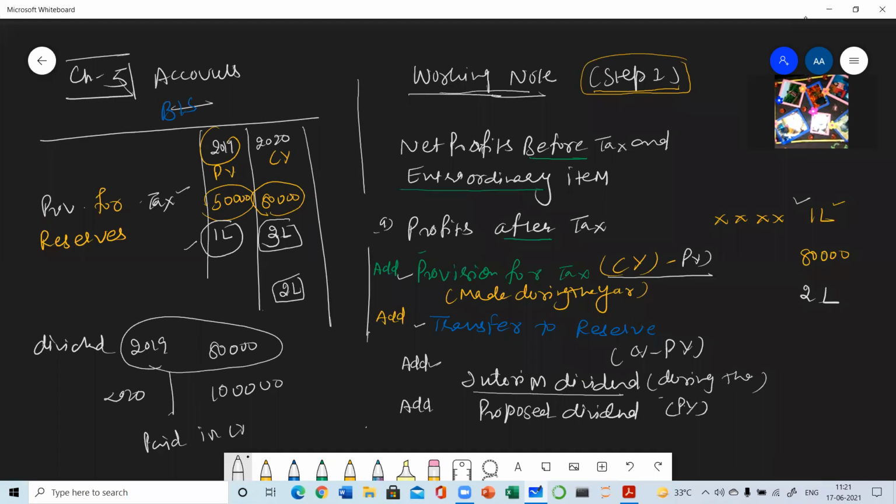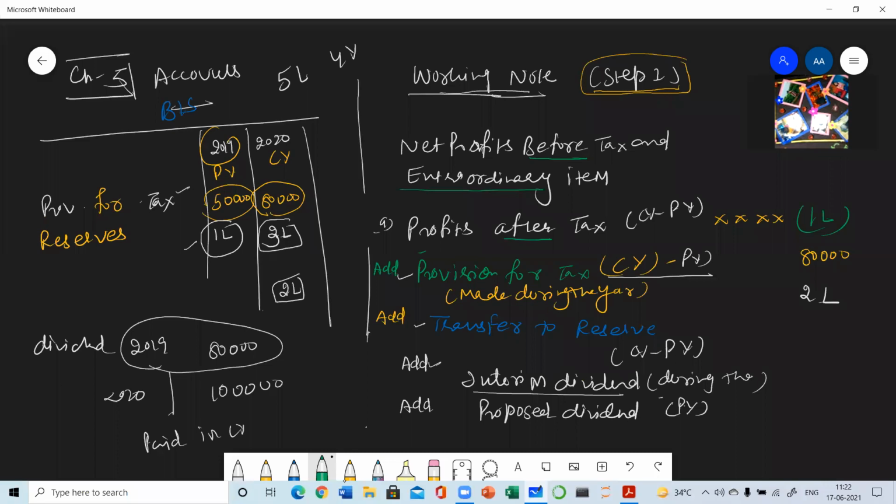Clear? So first item, profits after taxes. What is this? Current year minus previous year. This figure may be positive or may be negative. If this figure comes in negative form, it means the previous year profits were 5 lakh and the current year profits are 4 lakh. So if we subtract 5 lakh from 4 lakh, then 1 lakh will be negative. Negative means losses. So that figure you must write in brackets. In accountancy, brackets mean a negative figure. So 1 lakh in brackets means negative balance. Clear? So 4 items will be added after finding out this profit.